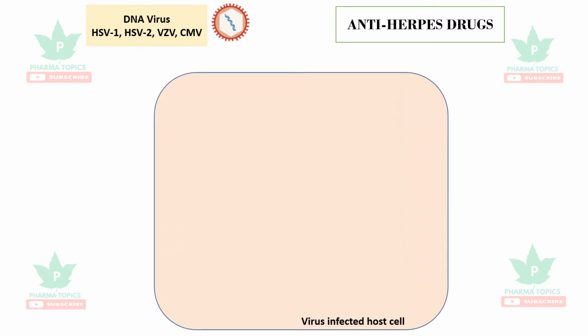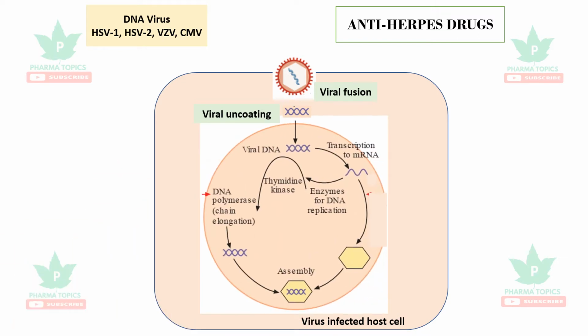The first step is the virus actually gets fused with the host cells, and that you call as viral fusion. The next step is, it is a DNA virus, it uncoats and releases its DNA into the infected cell. Next, the DNA enters into the host DNA, that is the nucleus of the host, and that DNA is multiplied